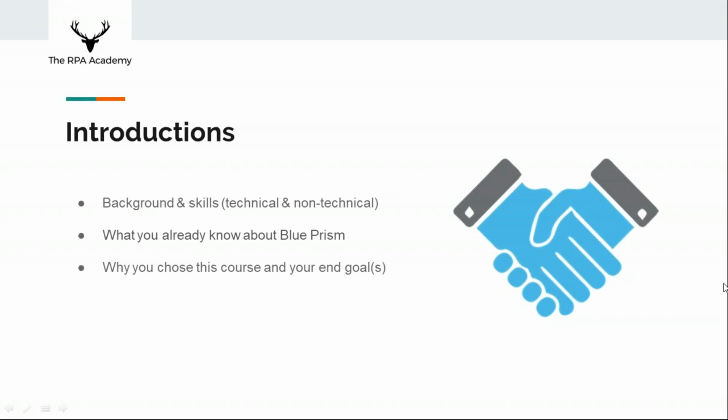Interesting. So what is it that is making you take this course? Are you actually wanting to use the application yourself, or is it just for understanding it? So you've played around with it, but you wouldn't trust yourself building solutions. That's absolutely right. You can play around with Blue Prism, but it would be quite good to get proper training to be able to use it properly.